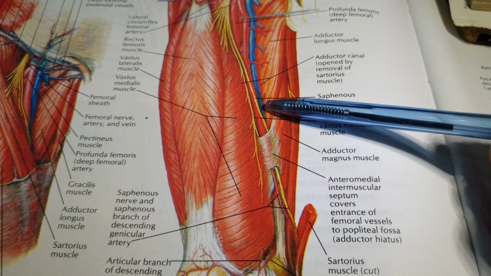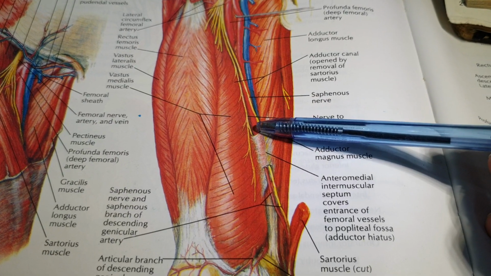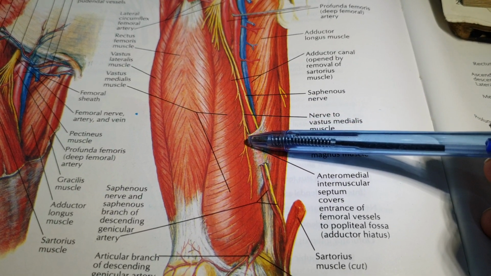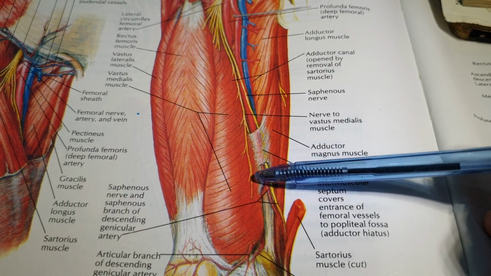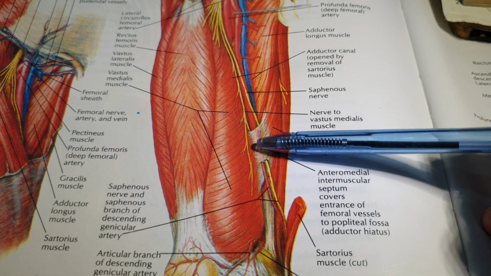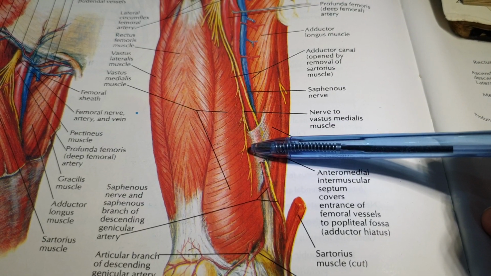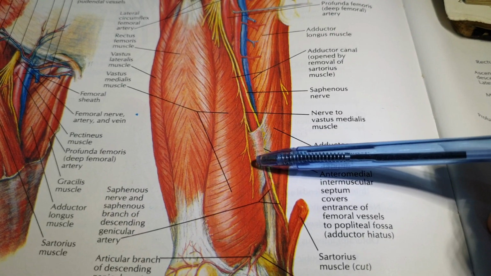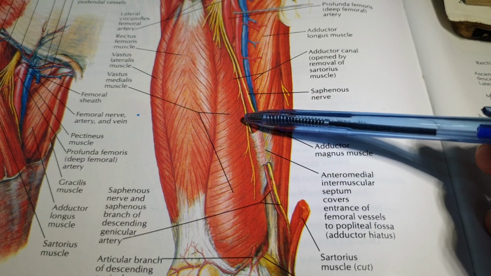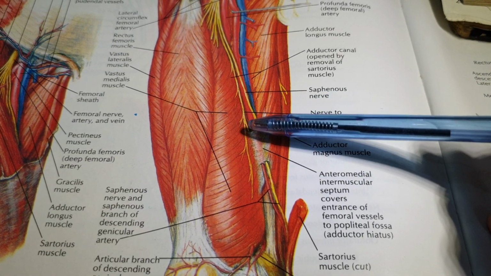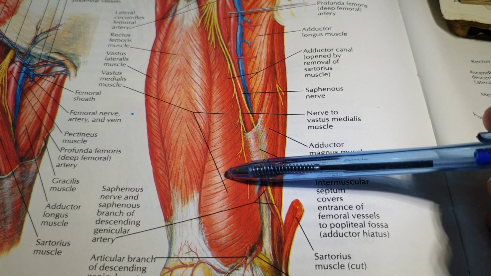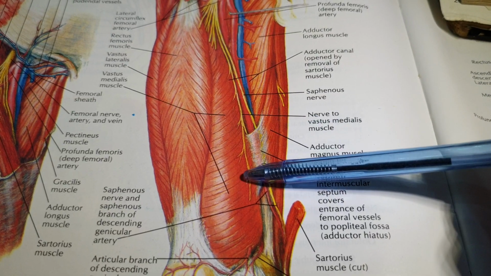And also you can see the femoral vein is passing behind the femoral artery, and eventually it will come to lie on the lateral side of the artery. So within the adductor canal, the vein will form the lateral relations of the femoral artery. Also you can see anterolaterally, the relations of the femoral artery include the posterior surface of the vastus medialis muscle.